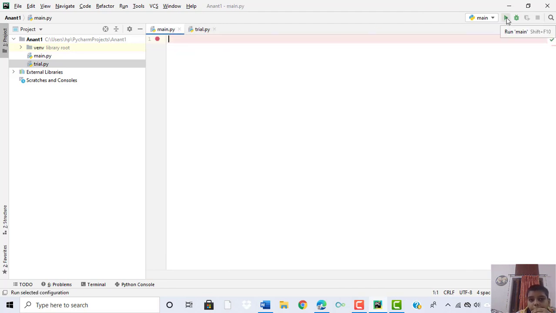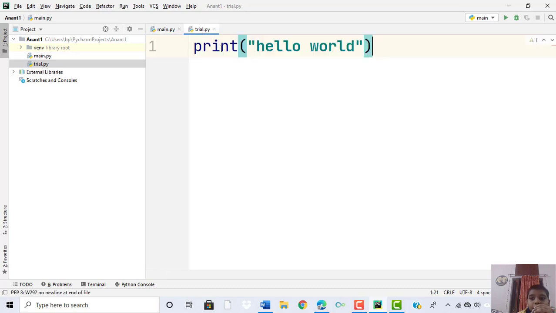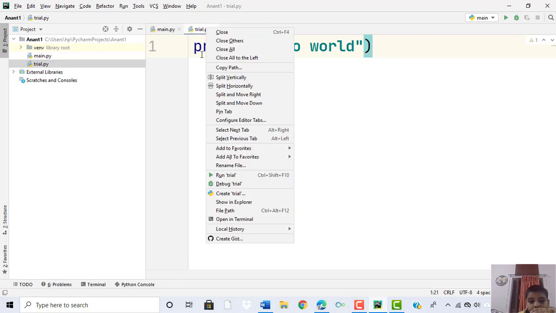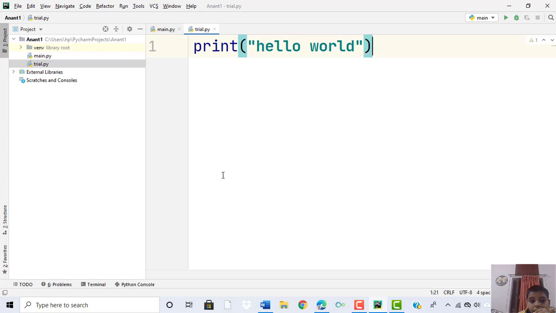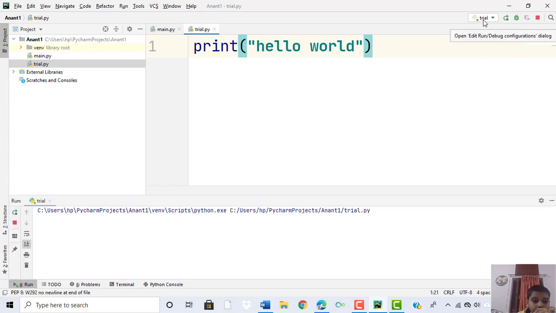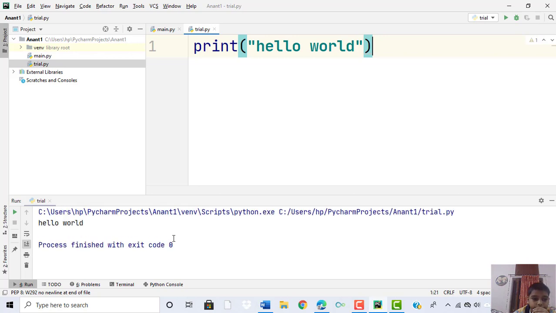Because the main.py file has been selected here in the terminal, it will not show anything if we run trial.py without selecting it. So for that we have to right click here and then click on Run trial. Now you can see here the trial has been selected and this result is here. You can see hello world.